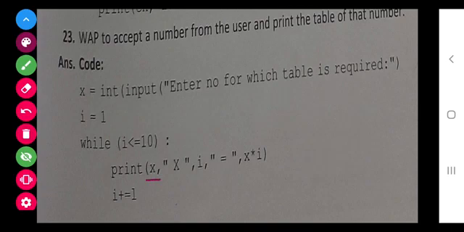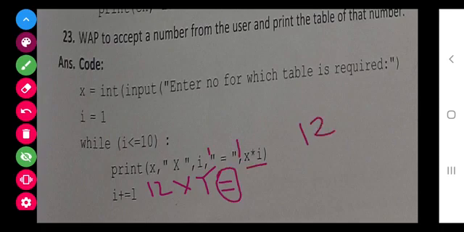Now 12 will get displayed because this is given in double quotes. The value of i will come, that is here it will come 12, multiply by the value of i, which for the first time is 1. Equals is given in double quotes, so it will get displayed as it is, and 12 multiply 1, that is 12, will come like this.